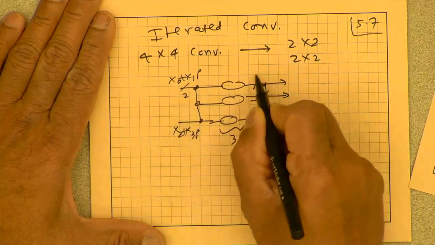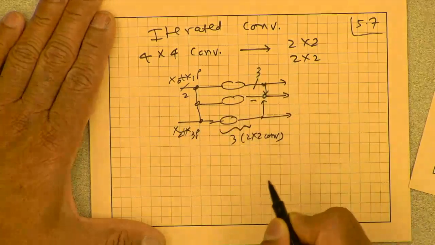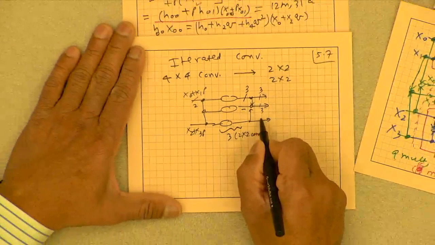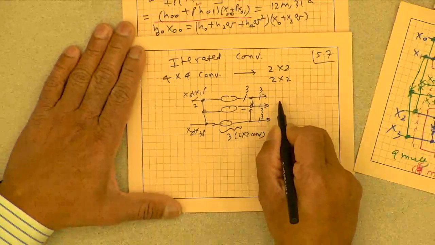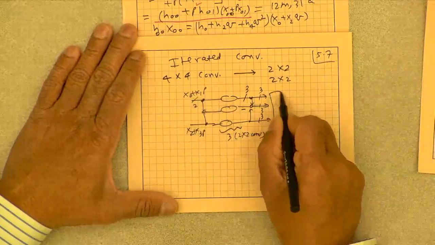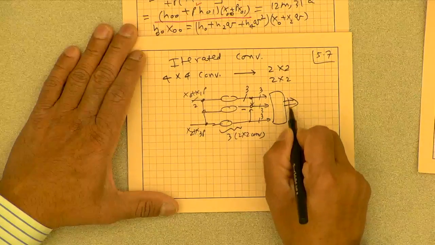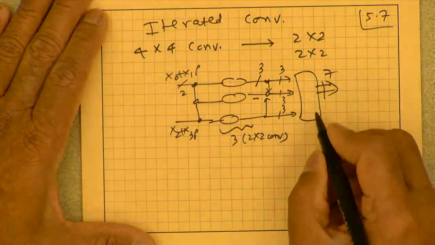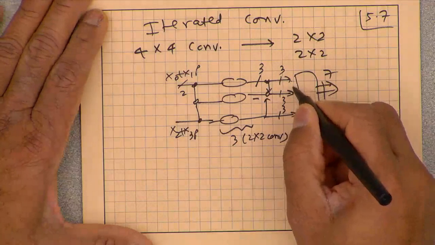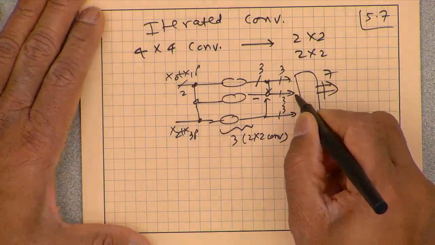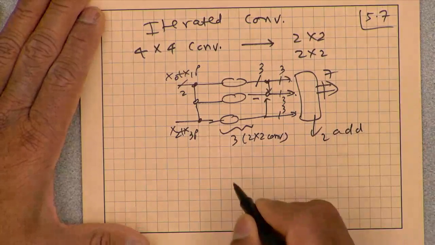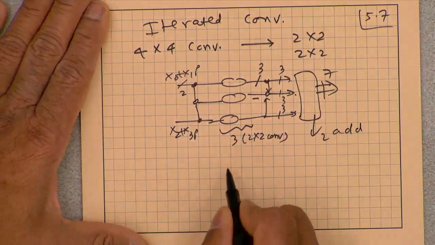So this is 2 points, 2 by 2, 3 points. So we finally get 9 points, and 9 points have to be combined to 4 plus 4 minus 1, 7 points. So merge to get 7 points, which means that we finally need 2 add operations here, 2 overlapping. Add the last of these 3 to the first of these 3. So that's 2 add. So I'm just showing you how to quickly compute how many multiply add.